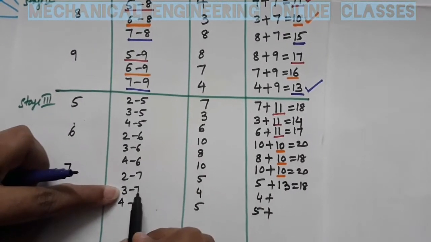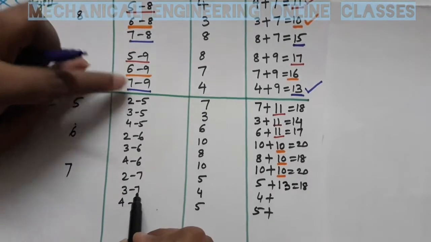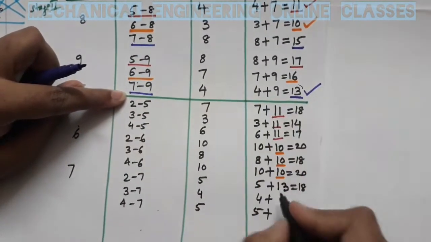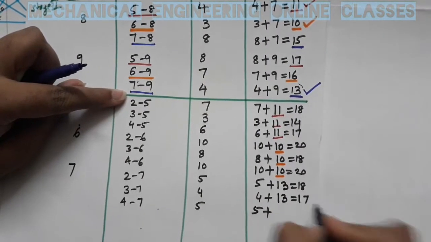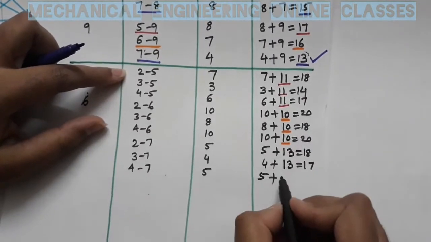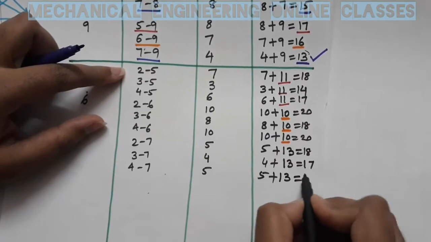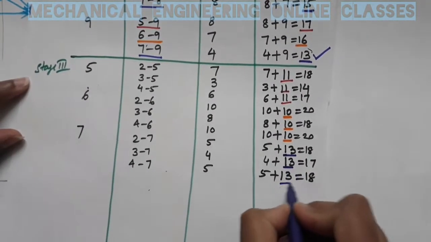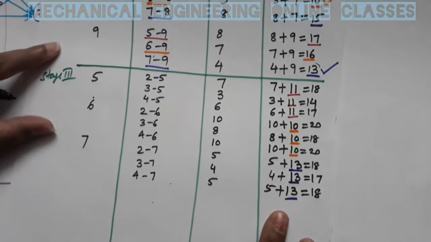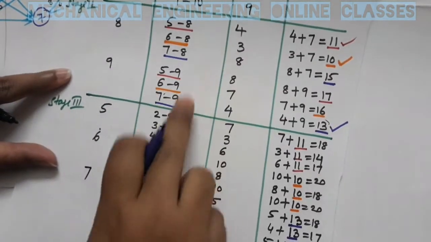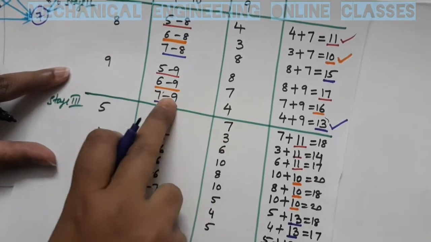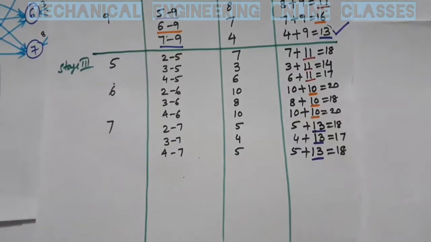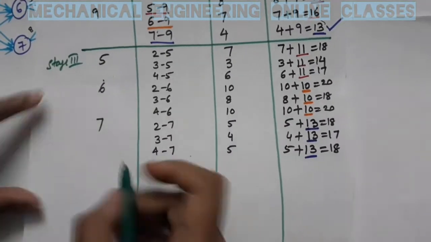So here also, from 7 we have to go to 8 or 9, of which the minimum comes when I am going from 7 to 9. So that is 13. So this is 13 here and the total becomes 17. Similarly, this is also 5 plus 13, which is 18. So these 13s are taken from the minimum value that I get when I go from 7 to 8 or 9, of which 7 to 9 is giving us the minimum. So this completes our stage 3 work.